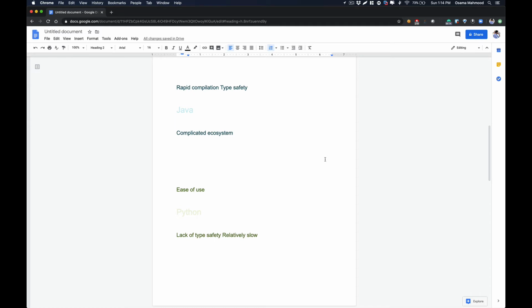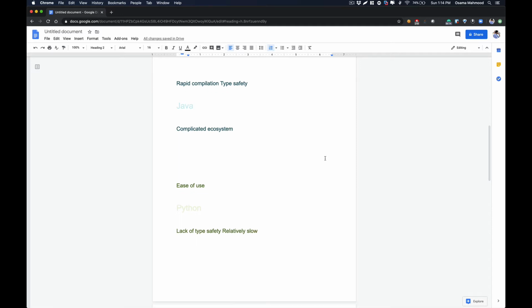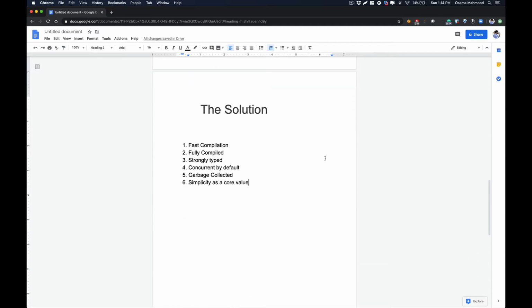All these problems led to the development of the Go programming language, and the engineers tried to solve all these cons in the development of the Go language. If we take a look at what they came up with, they came up with a programming language that had fast compilation time, and